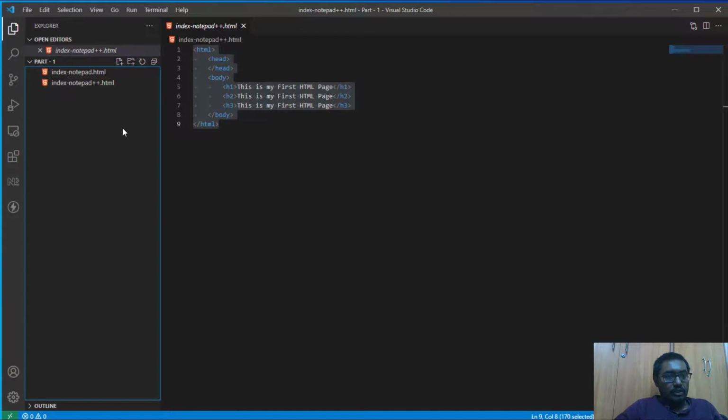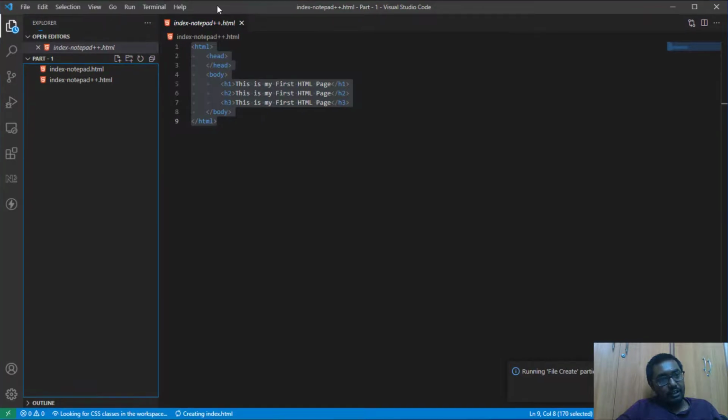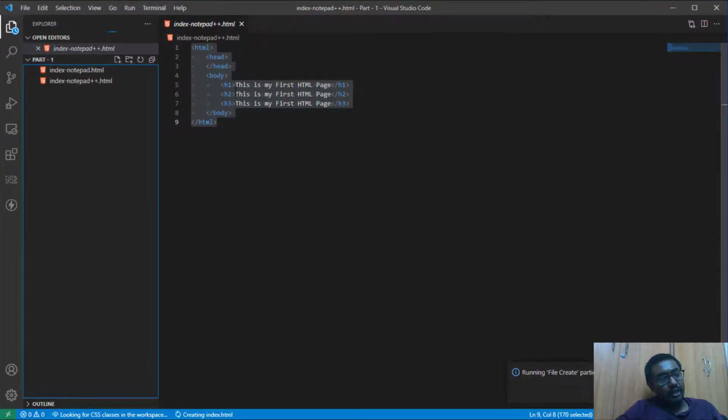Always remember, friends, the web page starts with the index file. It might be index.php, index.asp.net, or index.html, anything. The server will always run index first, so our first file which the server will take is index.html or index.php or index.asp.